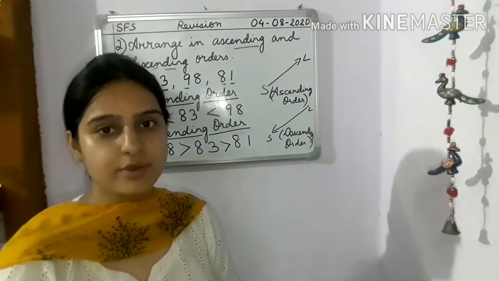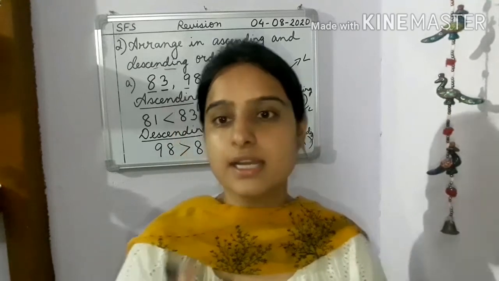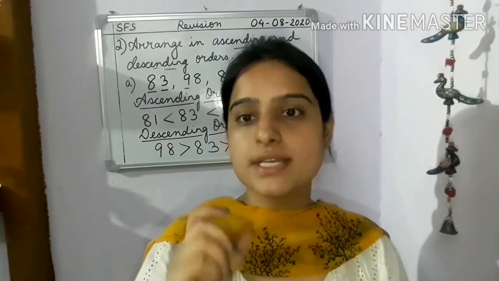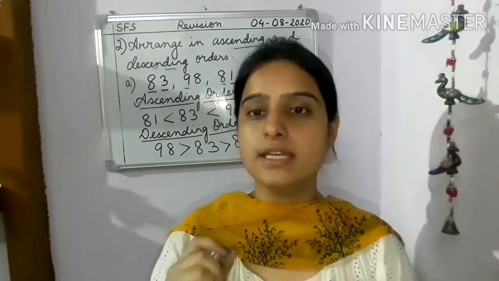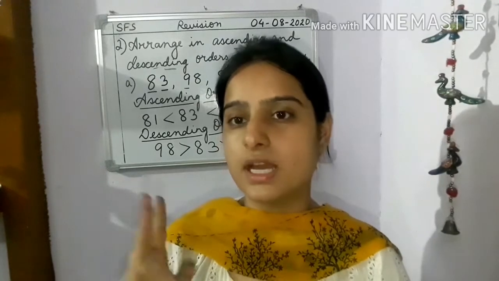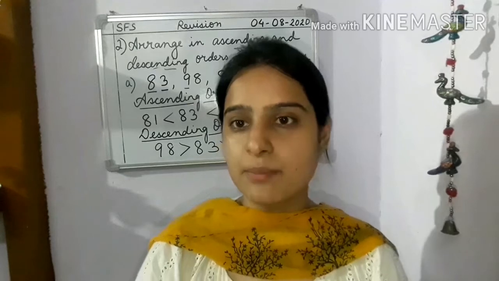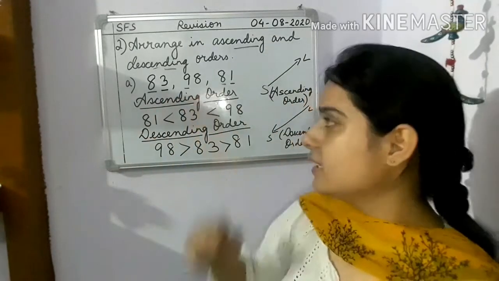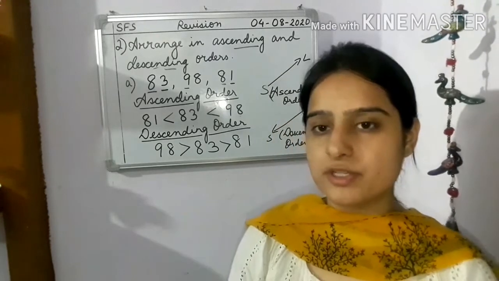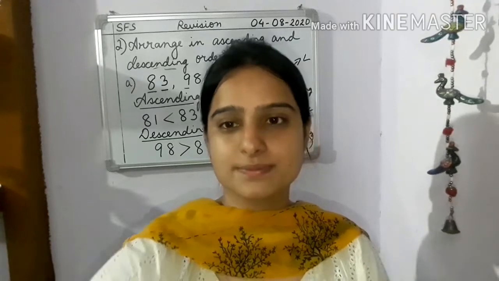Is it clear to everyone? So today what we have done, children, today we have done comparison of numbers. We have done comparison of numbers using the symbol greater than, smaller than and equal to sign. These three symbols we have used in comparing the numbers. So first we have compared 2-digit numbers, and next question we have done ascending and descending order. You can do this in your copy, children. That's all for today. Thank you so much.